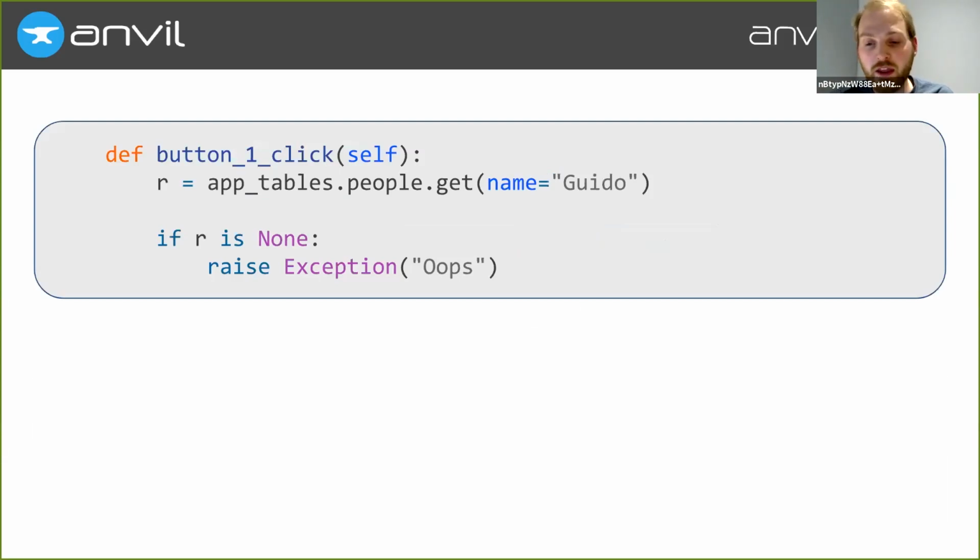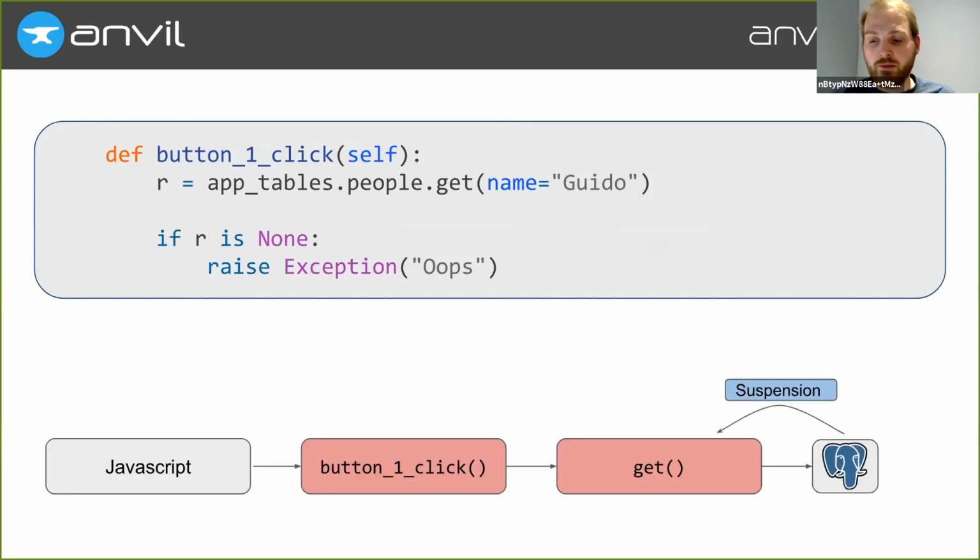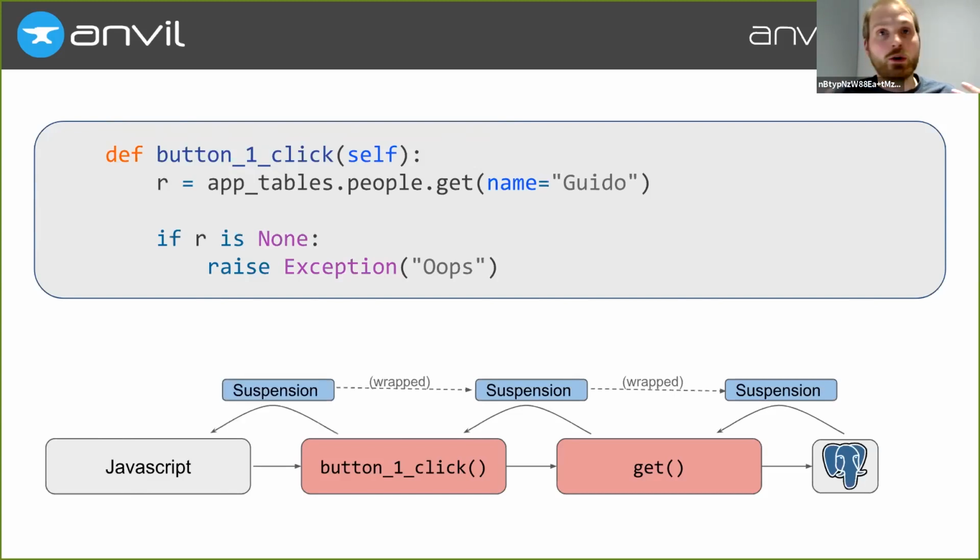So if you write something like this, you've got a function that's going to be called from JavaScript and it's doing some blocking operation, it'll hit the database. That will block, that will produce a suspension. The get function is going to work out it's got a suspension rather than a result, so it will save its own locals and temporaries and where it is in the function and produce a suspension that wraps that. And button one click will work out that get has returned a suspension rather than a result, so it will also save all its locals, save all its temporaries, save where it is in the function, and return a suspension to JavaScript, which will happily sit on it.